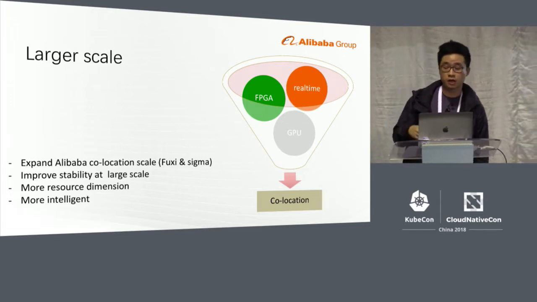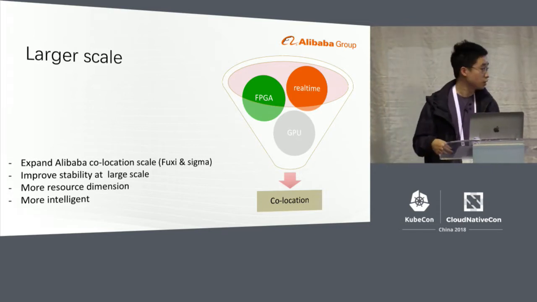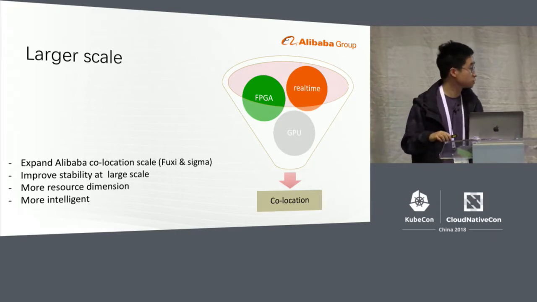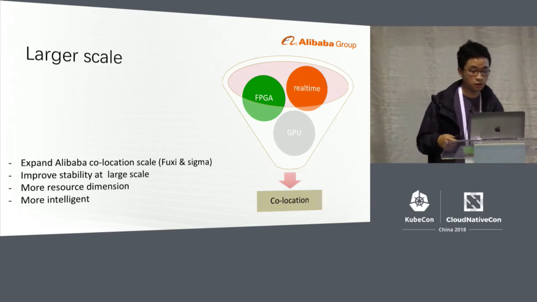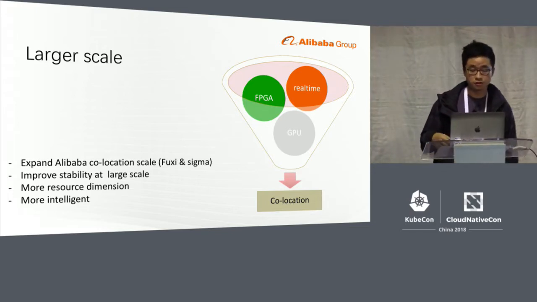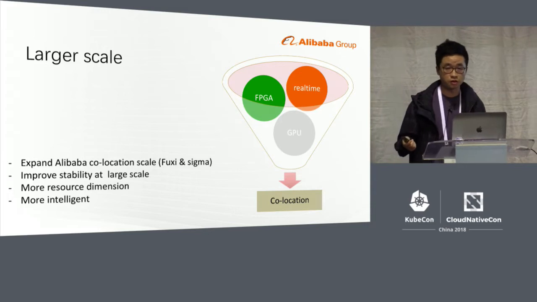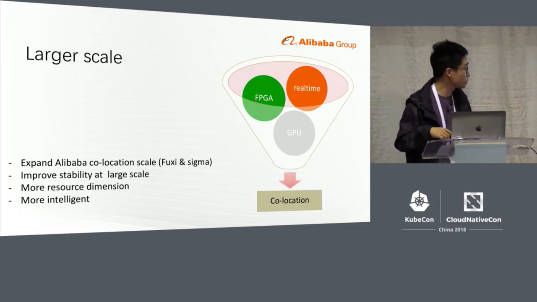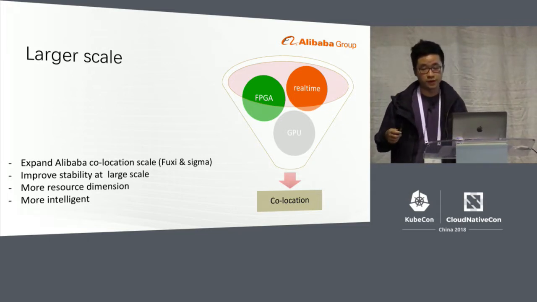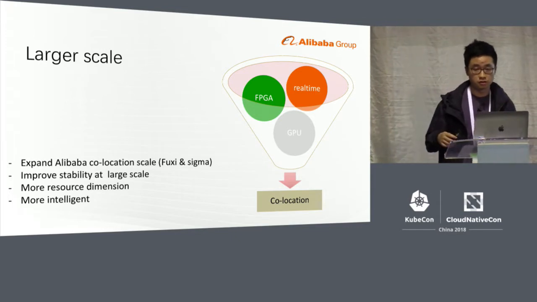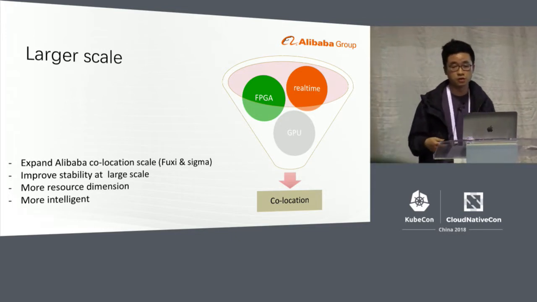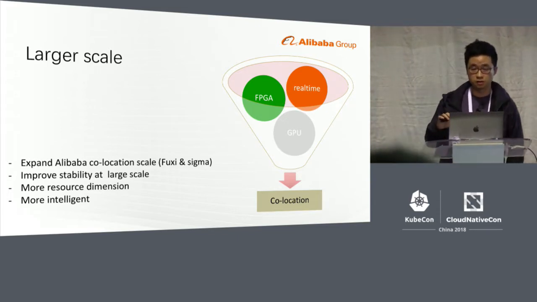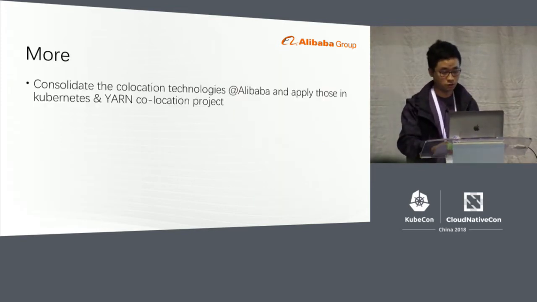So we need to continue to invest in this, and also there's stability issues if you want to do the co-location, especially in our cores. And also new GPU and FPGA, new resource dimension dispatch, and some of the online jobs using CPU, but some jobs also use GPU to do the confirmation. And we hope that we could make the systems more intelligent, more automated, lower the manual labors. In the past, there's a lot of manual labors involved in our systems.